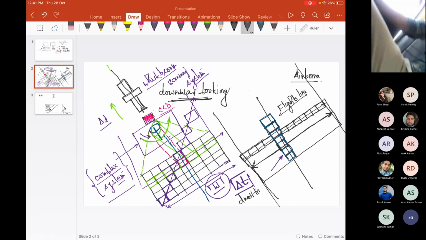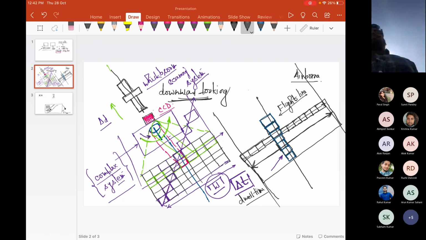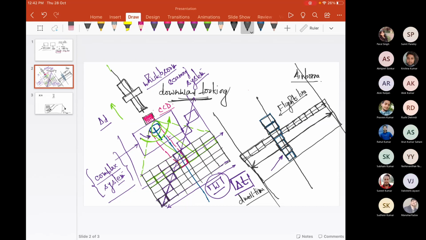So for delta t time, one ground resolution cell is sensed, and energy is collected at the optics, at the mirror over here. And finally, it is confined to the CCD. So one CCD, one charge coupled device, is sensing one ground resolution cell for time delta t. And it is sensing the energy that is in the IFOV of